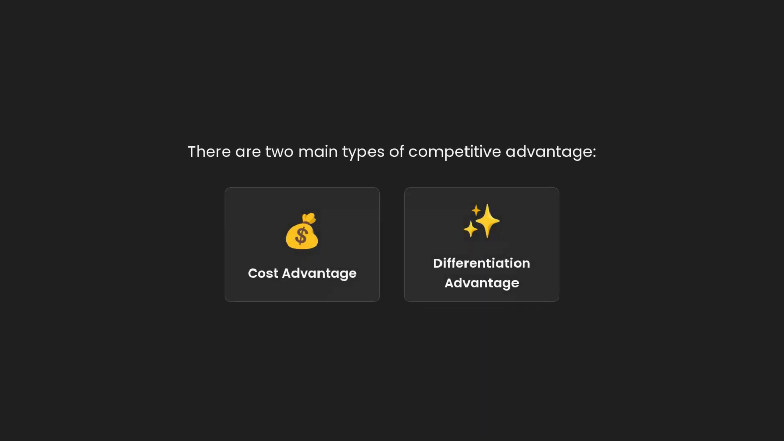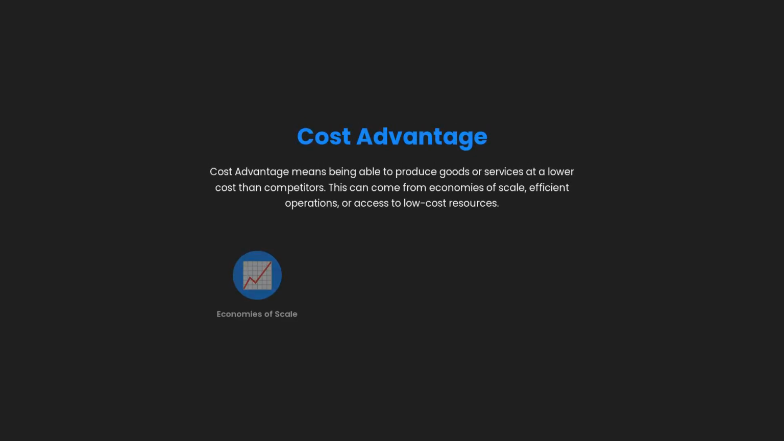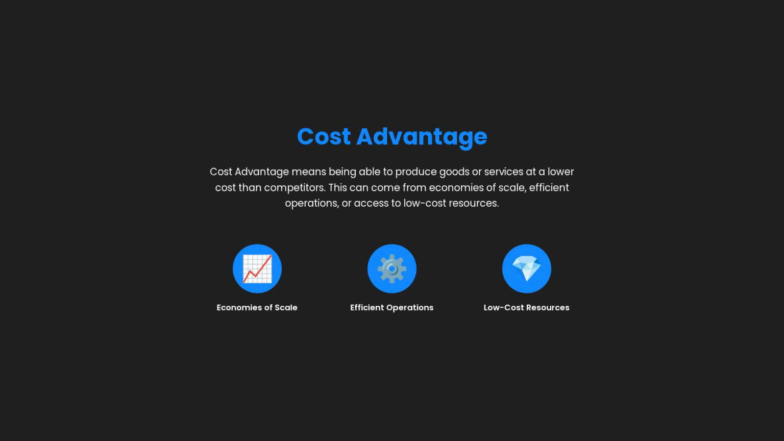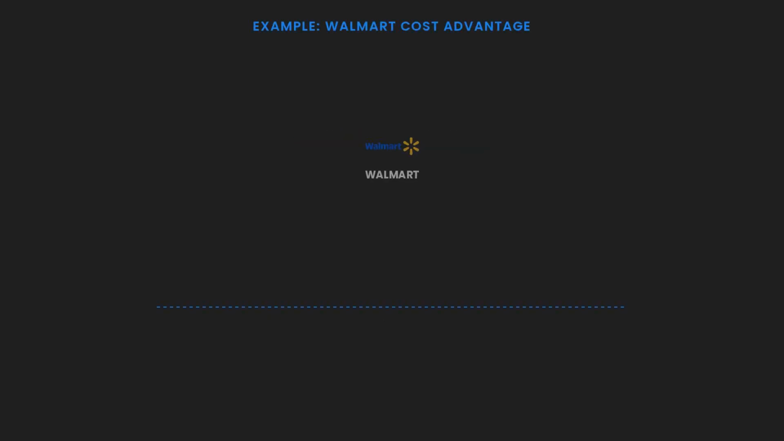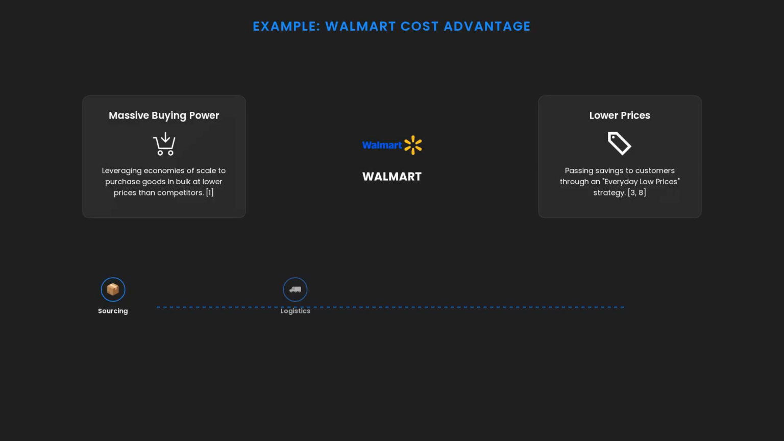There are two main types of competitive advantage: cost advantage and differentiation advantage. Cost advantage means being able to produce goods or services at a lower cost than competitors. This can come from economies of scale, efficient operations, or access to low-cost resources. Example: Walmart achieves cost advantage through its massive buying power and efficient supply chain, allowing it to offer lower prices